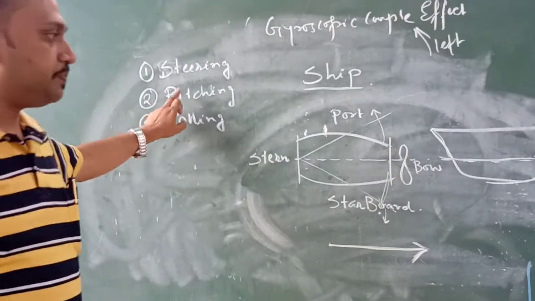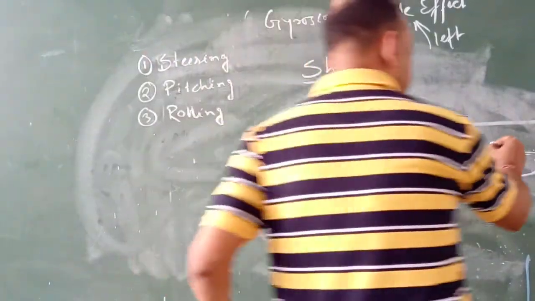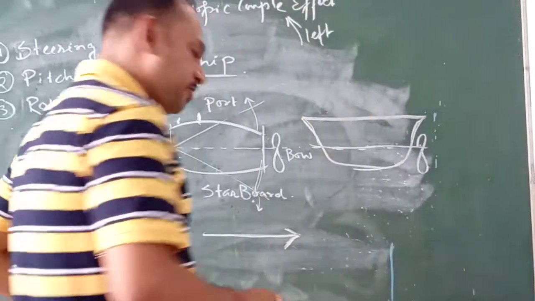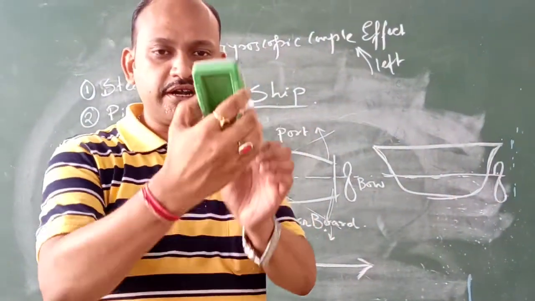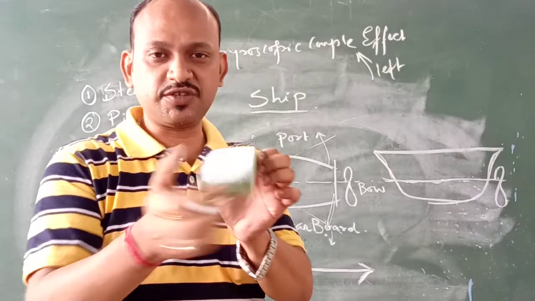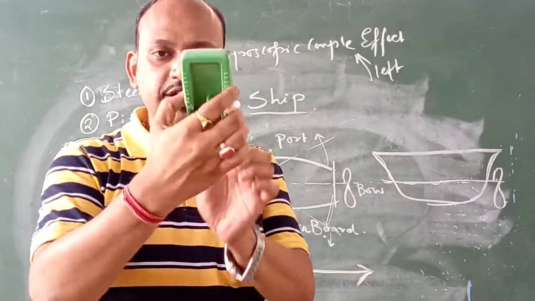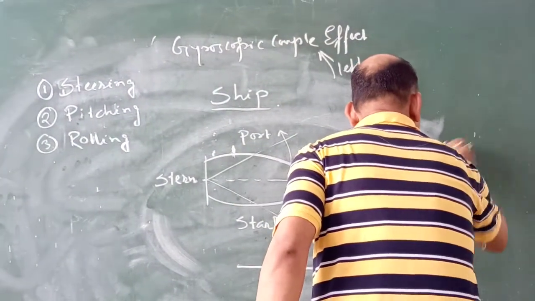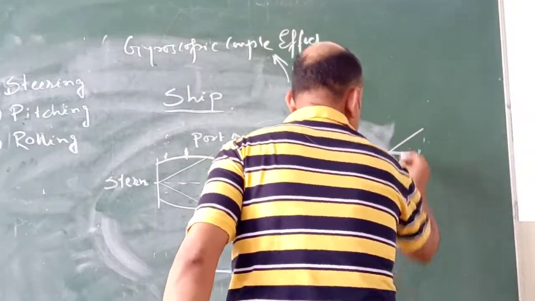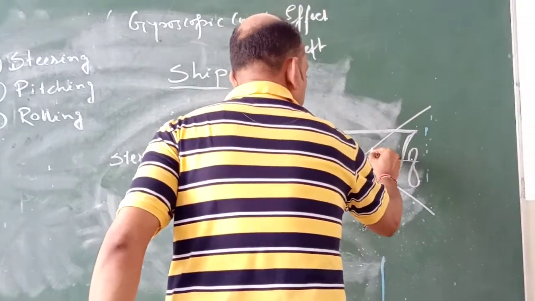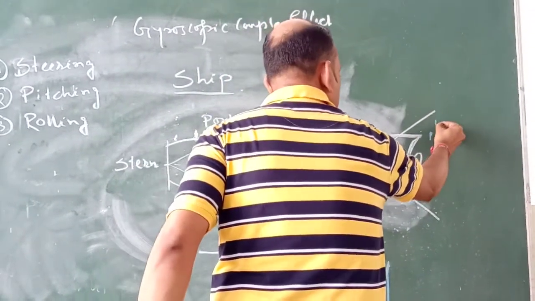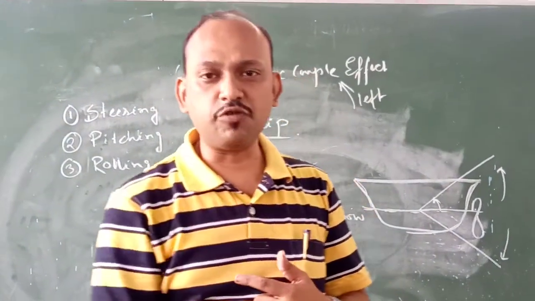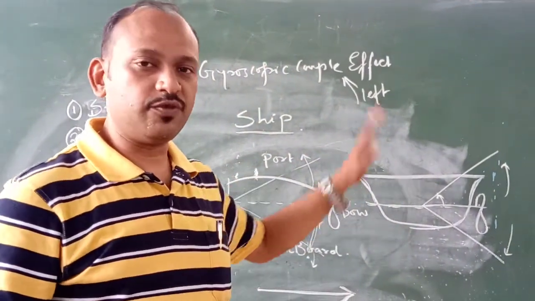The main thing is the pitching one. So let us see what this pitching is. Pitching means as the waves are coming, the ship will automatically move in the upward and downward direction like this. With respect to its own longitudinal axis, it will move in the upward and downward direction. So it indicates that there will be certain movement in the upward direction, and following the upward movement there will be certain downward movement. So this is known as pitching movement.